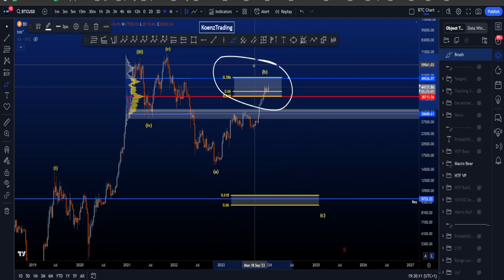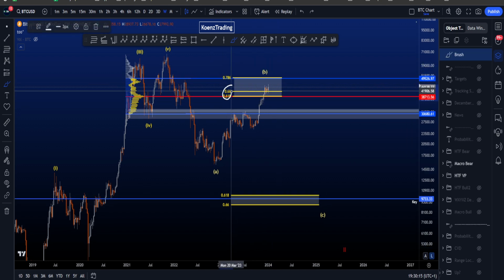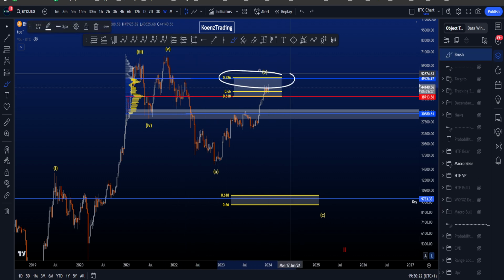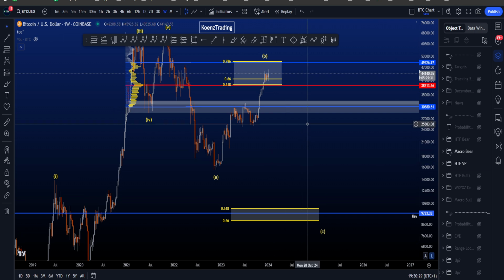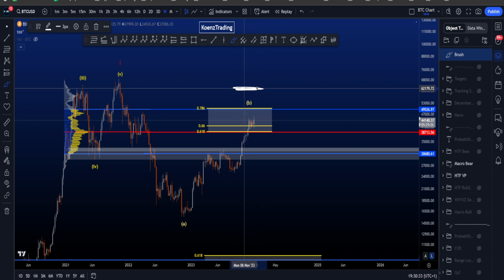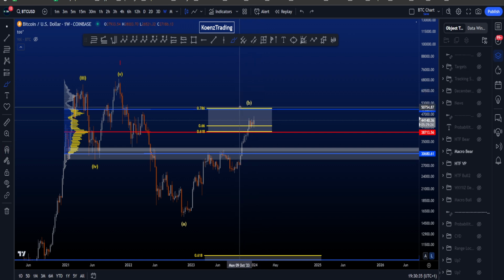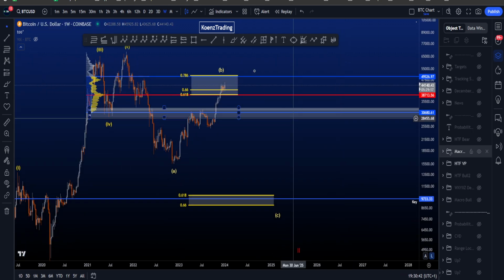The target area for B, at least the most resistance, is over here between the golden pocket and the 0.786. The 0.786 is in nice confluence with the value area high at around 50k, and the golden pocket, which we have passed and are now ranging on top of, was around that 38k, 39k area. The 0.886 is also still a target for wave B, but we have to wait and see if price can make it. Let's first observe the reaction at potentially 50k if price can get there,